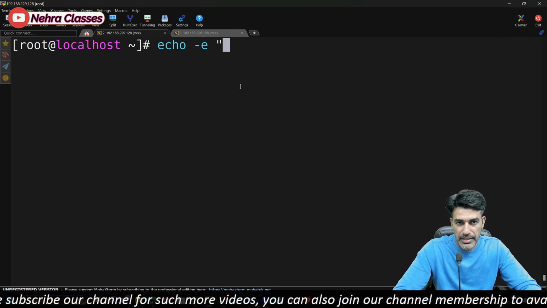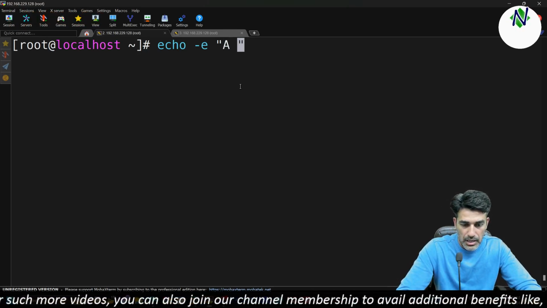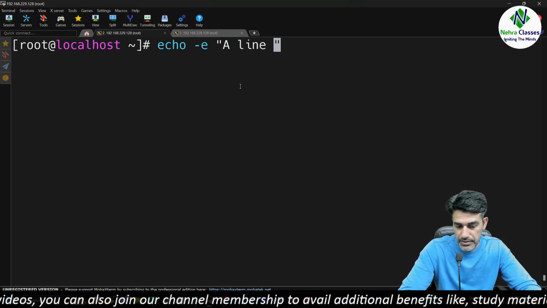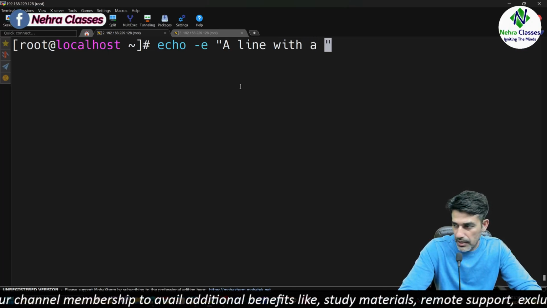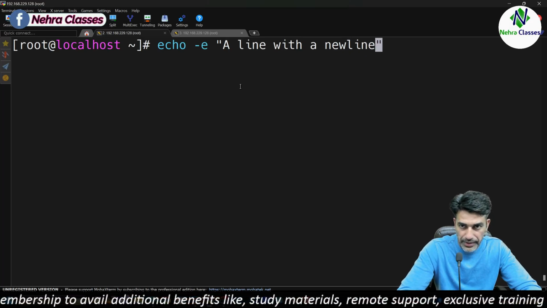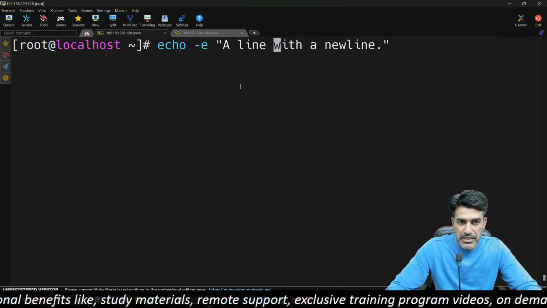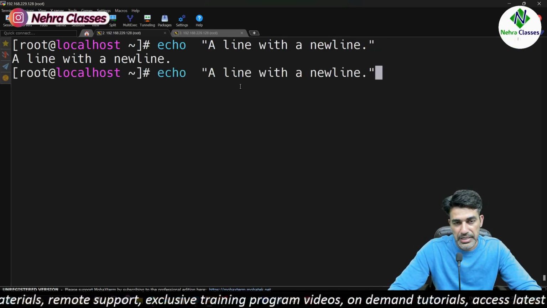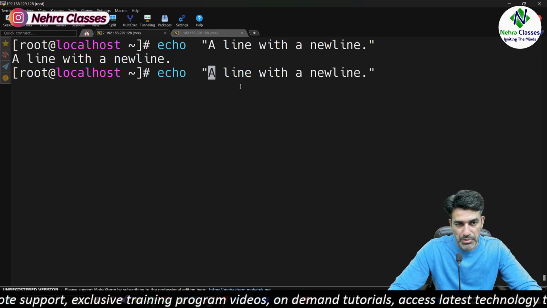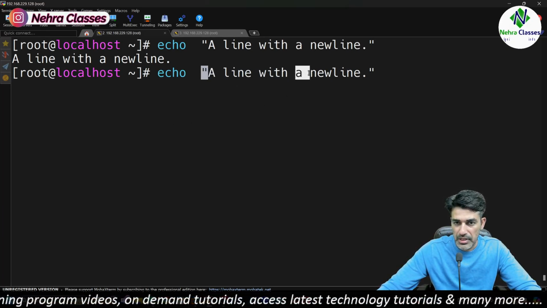Like I can write here a line with a new line. If I execute this command without option -e, it gets printed as it is. But if I want to include a tab space here after this A,